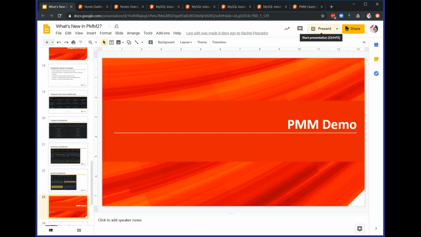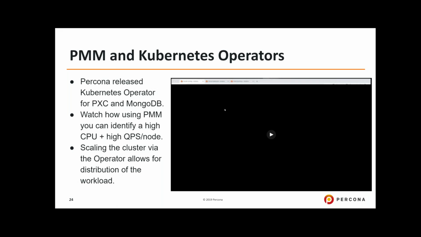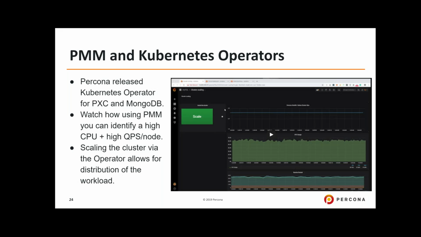Okay, take it back to present mode here. And we'll move on to one forward thinking concept that we want to illustrate within Percona, which is how we're starting to have our tools work more closely together. And what that means is